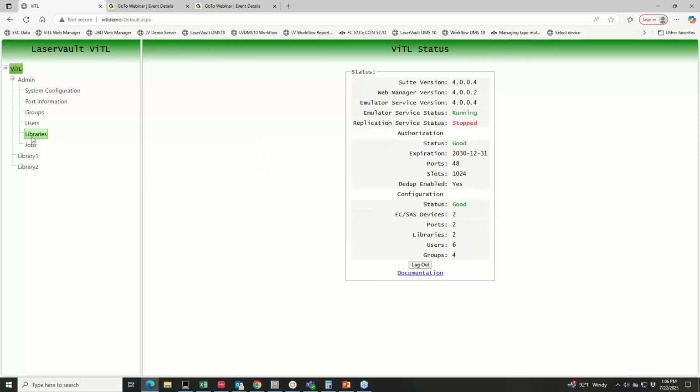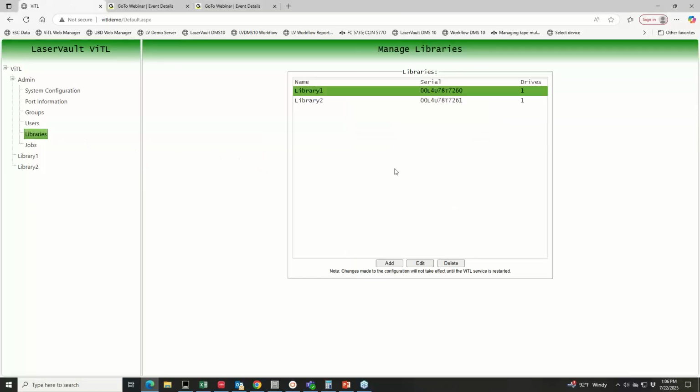And the first thing I'm going to go ahead and go to is the tape library configuration. Now, when connecting the ViTL solution to the IBM i, there's two basic options. One would be SAS connection from the IBM i to the ViTL solution, or Fibre Channel connectivity. Either one of those gives you the same capabilities, same backup capabilities in terms of using whatever IBM backup software